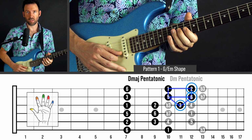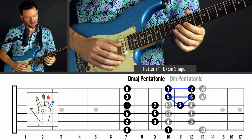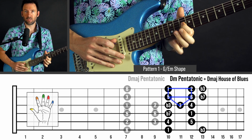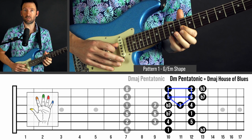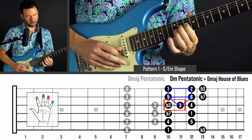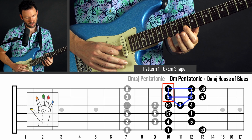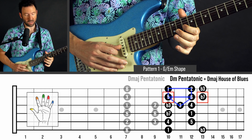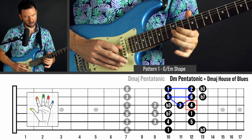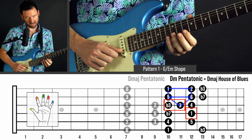So Clapton, especially in these early years, mixing major and minor, he's got this little area of major and this minor. And then we can mix them. What did I do there? I went from the minor third to the major third. That's shared by both boxes. Then I went, that's minor, and then I went, that's from the major, this is from the minor. Right? So all of that's available. When we put it all together, we have,